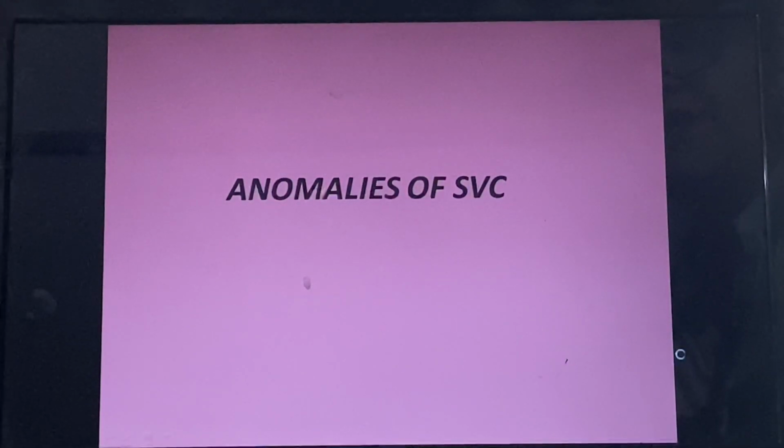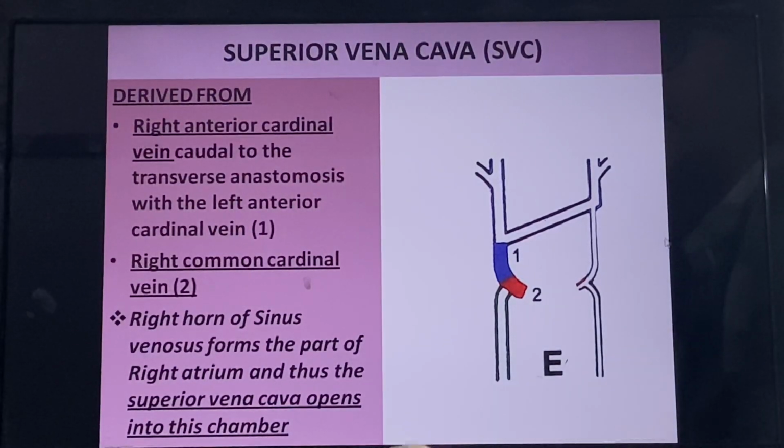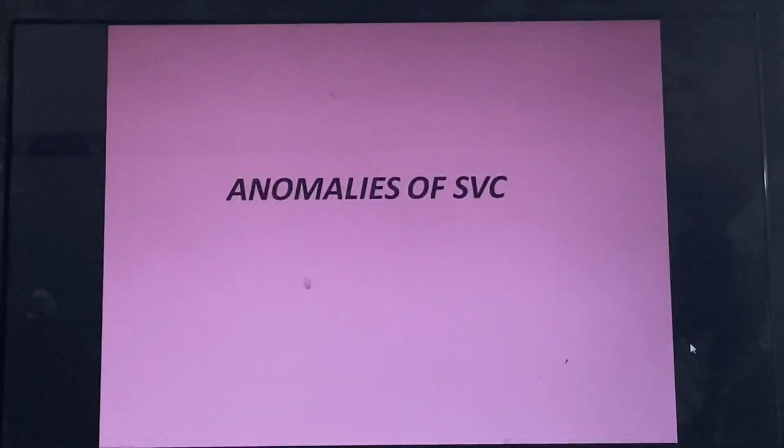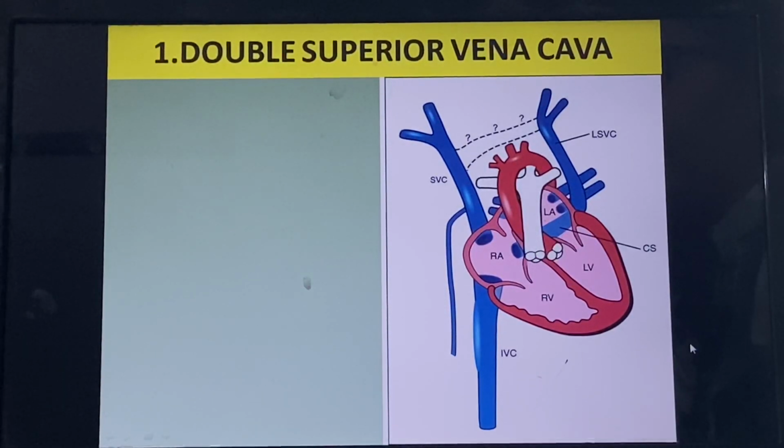Now keeping in mind these structures, whatever changes are happening, as I have told you that anterior cardinal veins are joined by subclavian vein, then anastomosis is formed, and then retrogression of the left anterior cardinal, posterior cardinal and common cardinal vein happens. So keeping in mind this diagram, if any arrest or any change happens in between, that leads to different anomalies of superior vena cava. So there may be double superior vena cava, it is clear to you now.